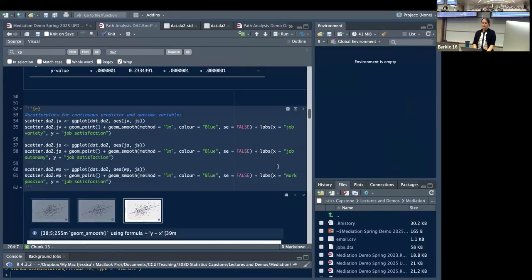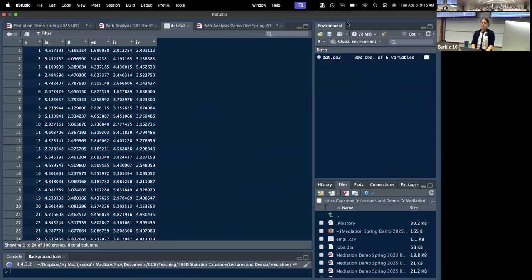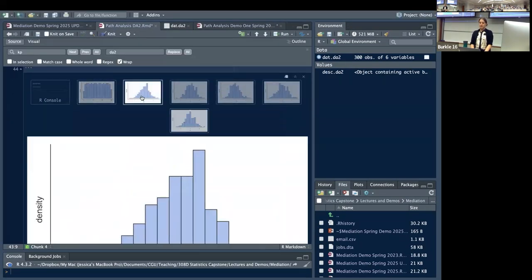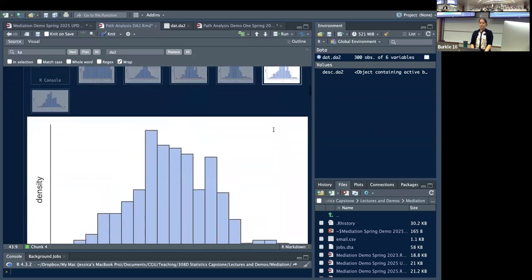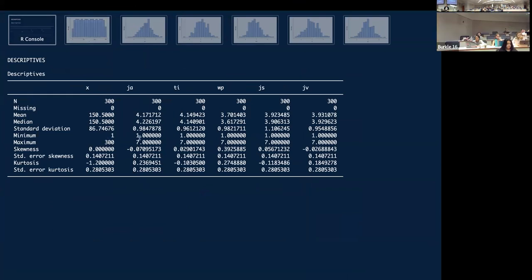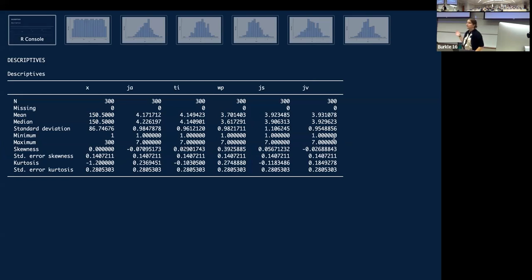So let's read in the data. Very simple data set. It looks like this. I converted all the column names to lowercase so that I don't need to see them again. We're going to go ahead and run descriptives of our data. Job variety looks very lovely. Everything looks like a very lovely normal distribution, actually. Here are our descriptives. We've got 1 to 7 scales for all of our variables, so everything was measured on 1 to 7, and we've got the minimum and the maximum values present in the data set. So we have a good range of values. We're checking to make sure we actually have some degree of variance to predict in job satisfaction.